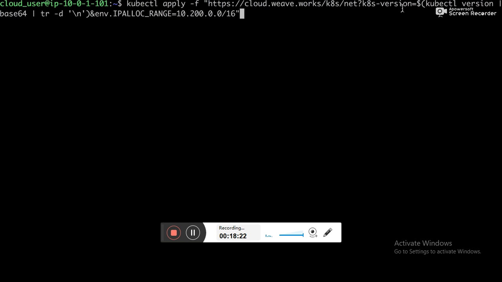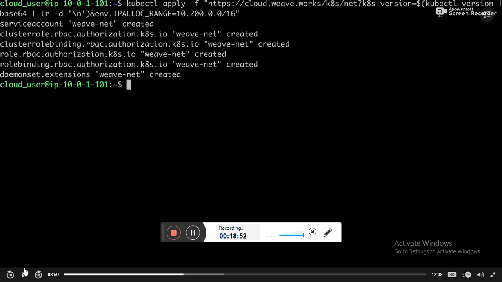install WeaveNet in Kubernetes. We are passing in our Kubernetes version here, as well as our cluster CIDR, or the IP range that we want to use in order to allocate to pods within our cluster. So for us, that's going to be 10.200.0.0/16. And this is going to download a file that's configured appropriately, and then we're applying that file with kubectl apply -f to go ahead and create our WeaveNet configuration. And as you can see,